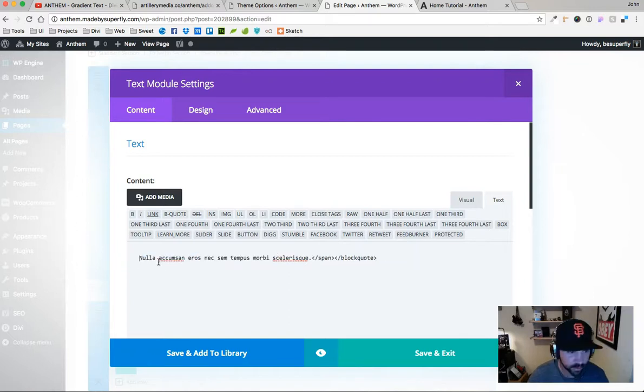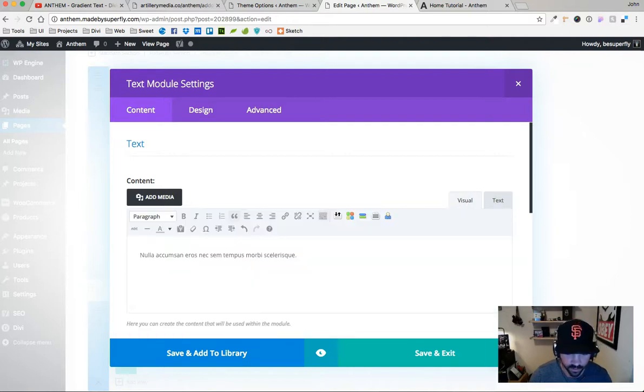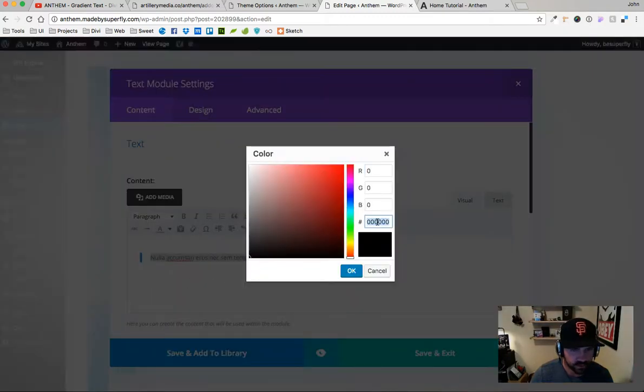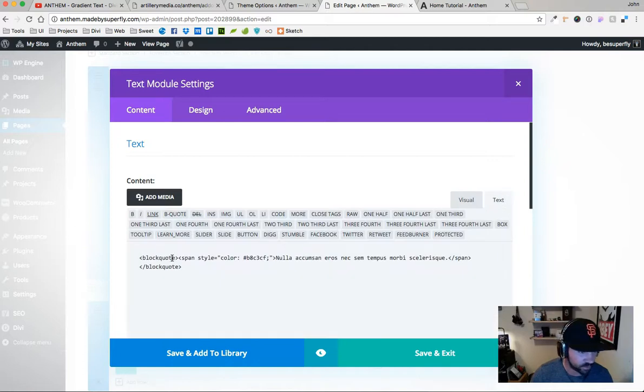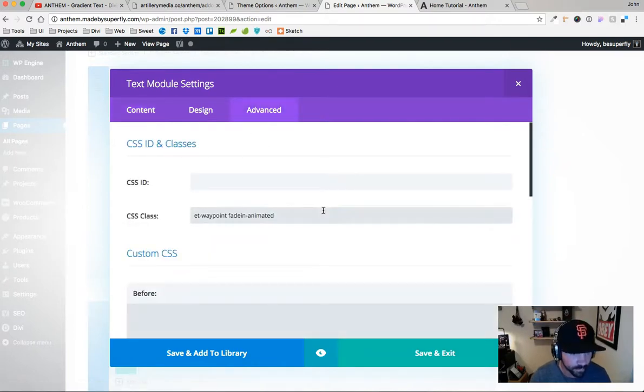So what I would do for this particular one, it's in a block quote because I want that special block quote font here, this guy. So what I would do in the visual side is I would highlight this first and make it a block quote. And then while it's highlighted, I'm going to choose text color, custom, paste in my custom value, hit OK, and then flip over to the text tab to check that it goes block quote first, then the span, and then closes the block quote. That's great. Alright, so I'm going to go to the advanced area, and I'm going to